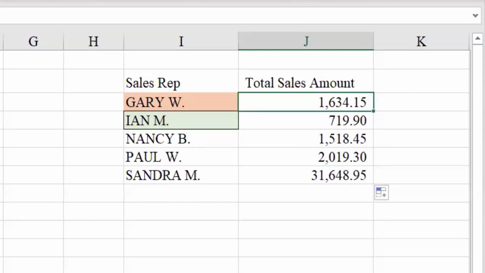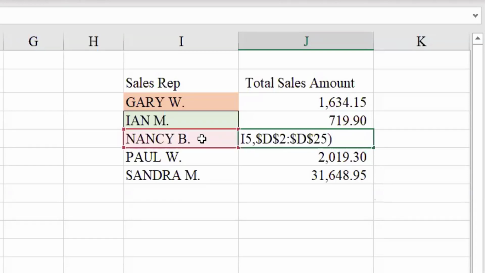If you see here, this is 2 and 25, this is 2 and 25. This I3 has become I4, remaining all the cells have remained the same, and here it has become I5, because we want this for this sales rep.